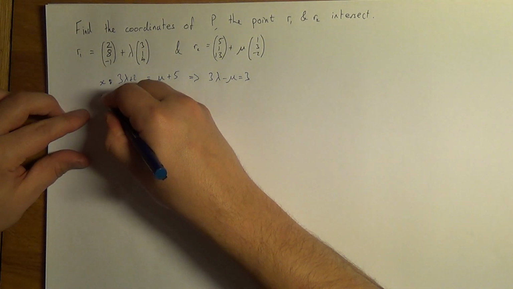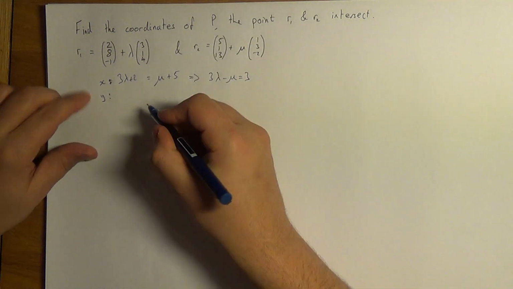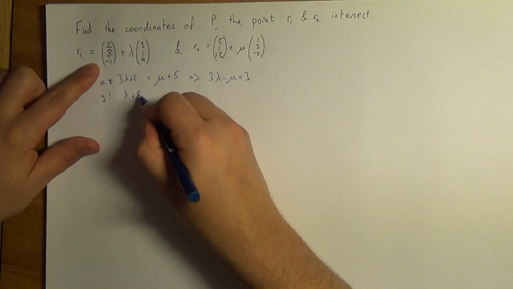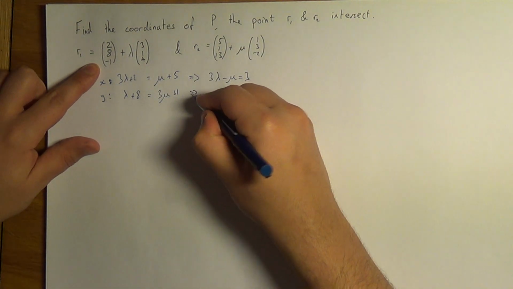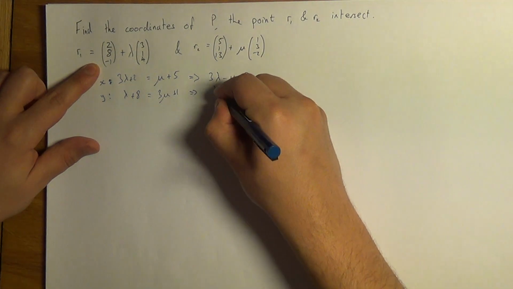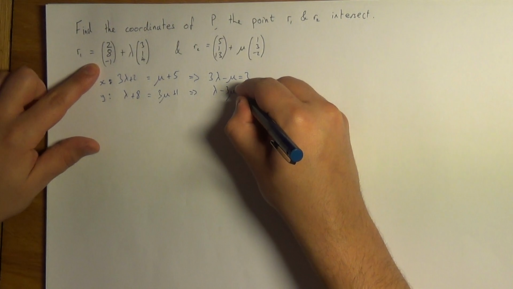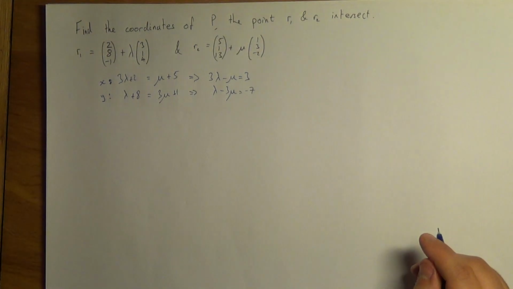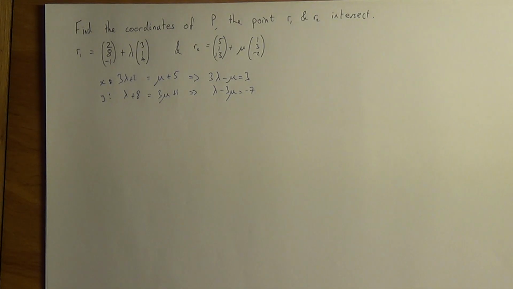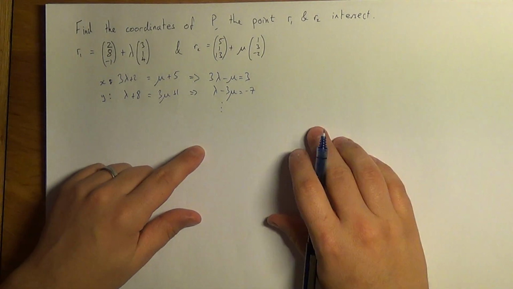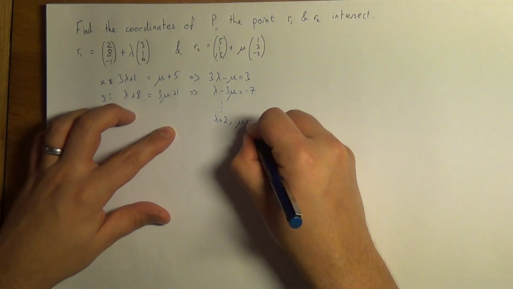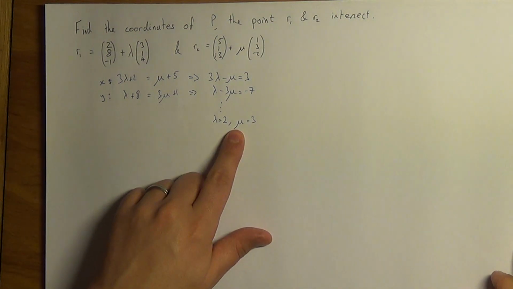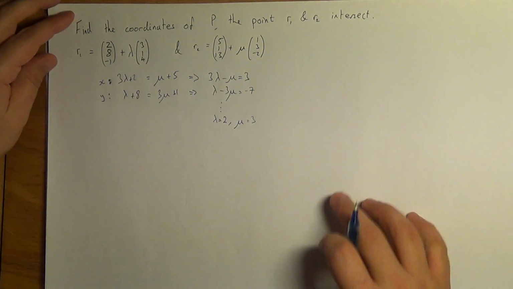And when we look at the y parameter, this gives us lambda plus 8 is equal to 3 mu plus 1, and a bit of rearranging there gives us lambda take 3 mu equals negative 7. Now you could at this point plod through by hand to get simultaneous equations, but your calculators nowadays have inbuilt simultaneous equation solvers, so, a few steps skipped out, you will get that lambda here equals 2 and mu equals 3. So we can use those parameters in here to give ourselves the coordinates of P where